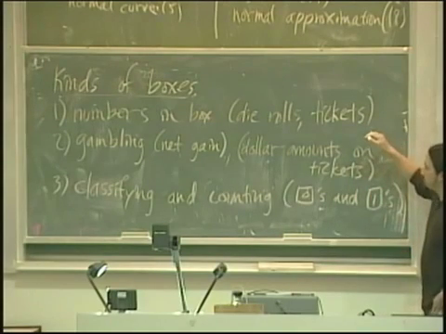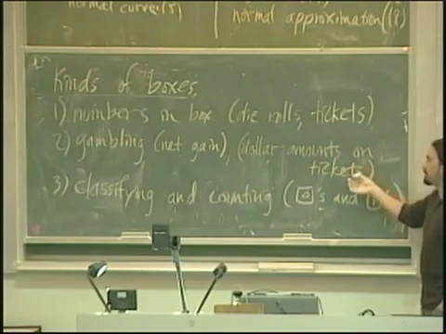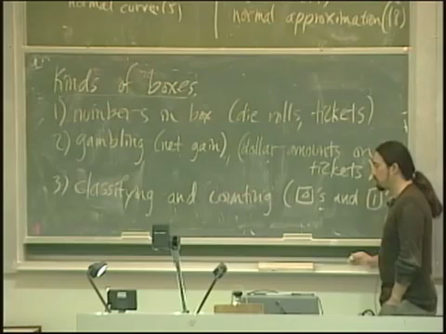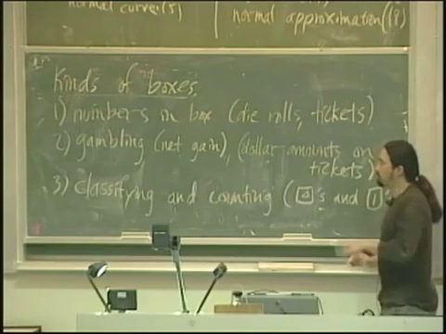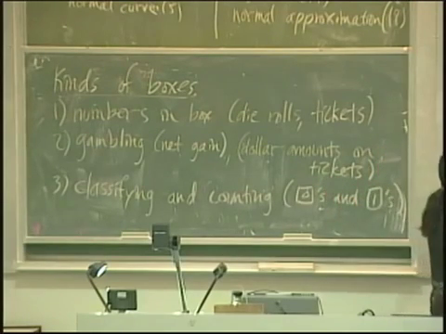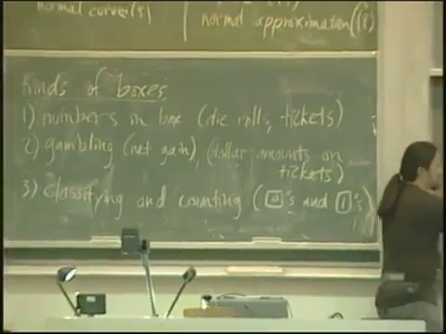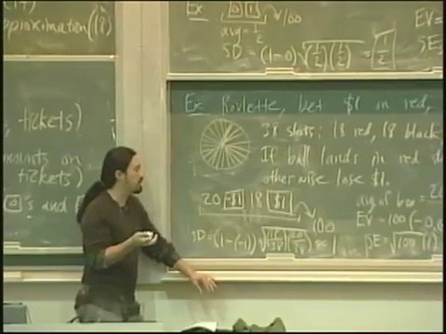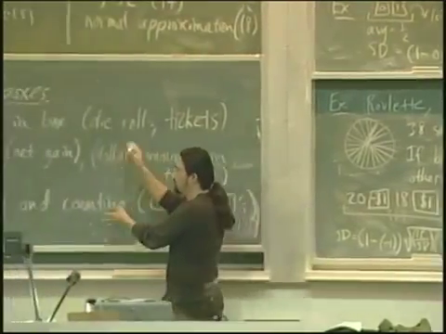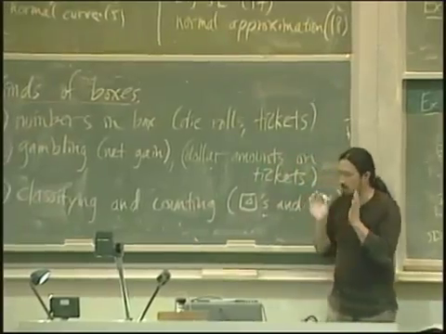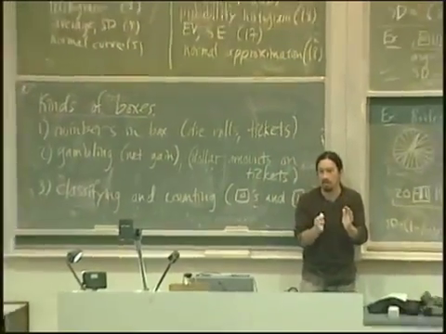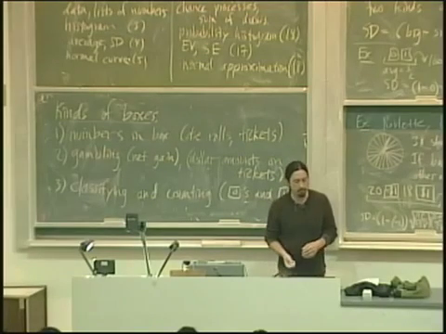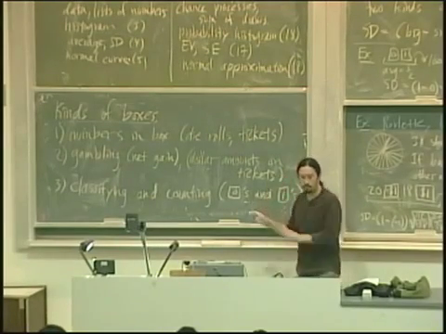One more thing I'll say is that sometimes you'll find problems that are a little bit of a combination of these ideas, where you have to play with your box a little bit to get this idea that the numbers on the tickets represent what can happen to the quantity of interest each time. Okay? So sometimes it'll seem like some kind of weird combination of these. But again, if you just think, what can happen to the thing I'm interested in on each draw, that logic usually will get you through most problems. Okay, questions?